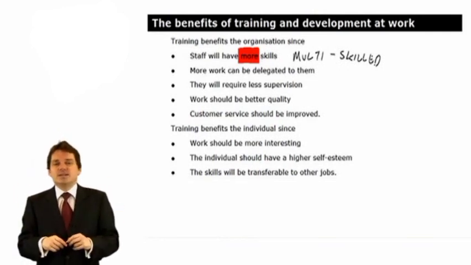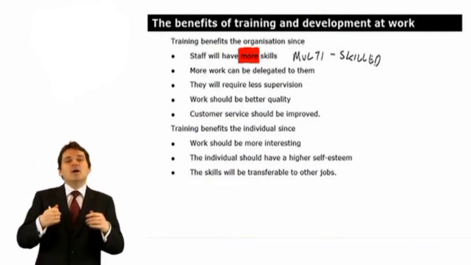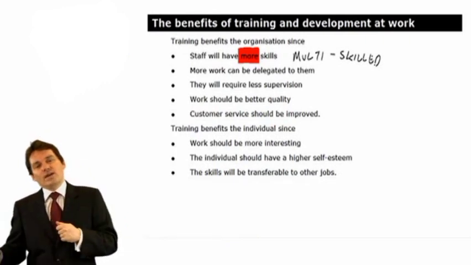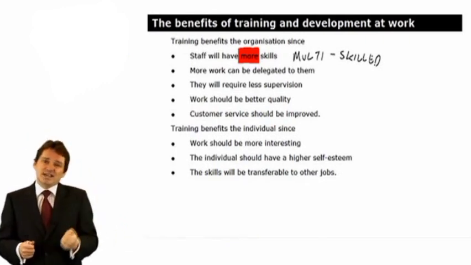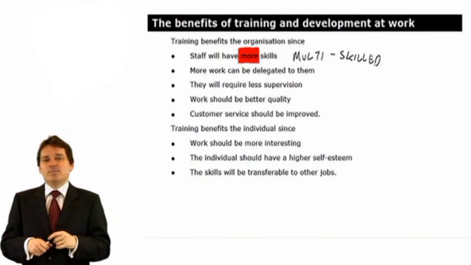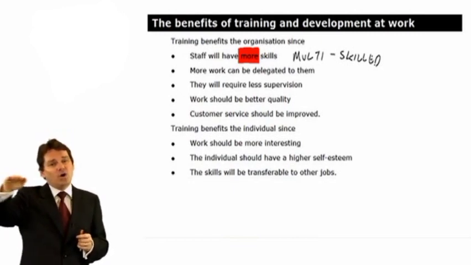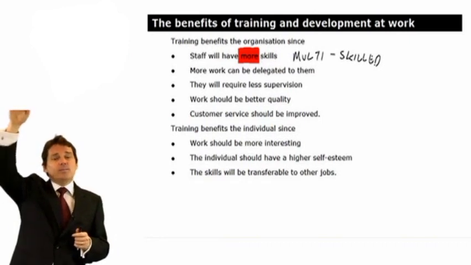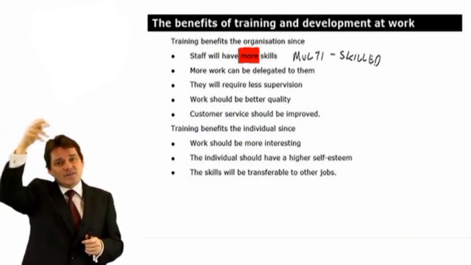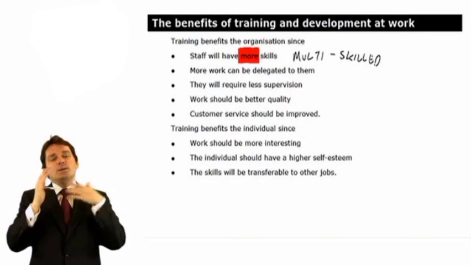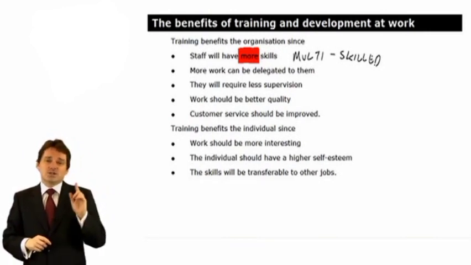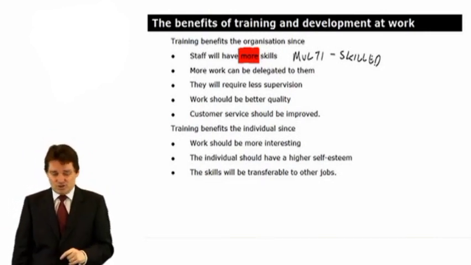When the tax return season is over in February and March, then all those people return to what they normally do. So multi-skilling avoids the problem of people being ill, and it also can try and smooth out the work. If it is going to go up, you get more people to do the work and to help out. And then when the work slows down, those people can return to their other tasks. So that might benefit an organisation.